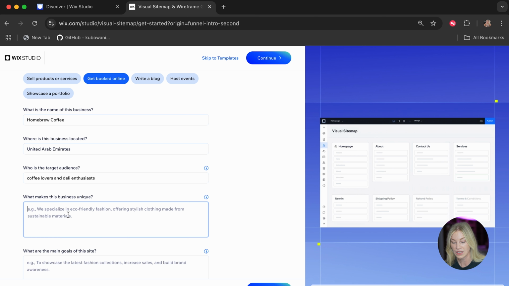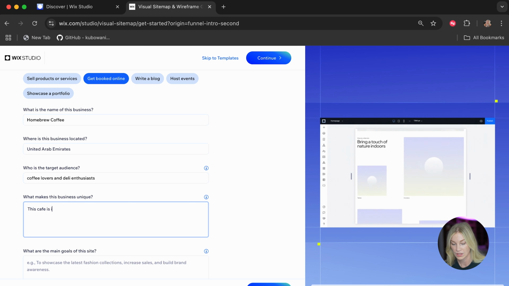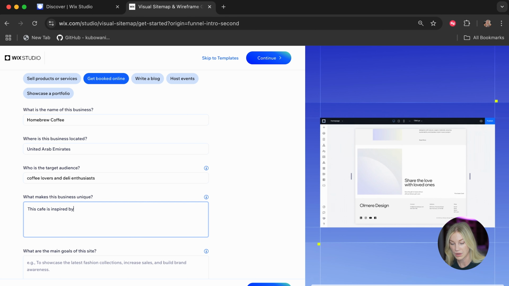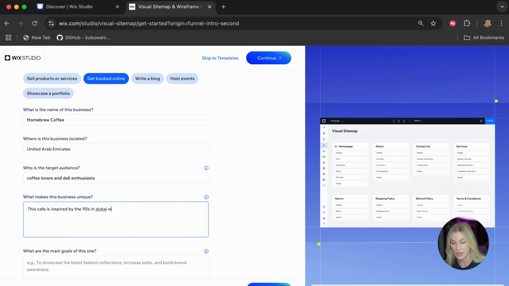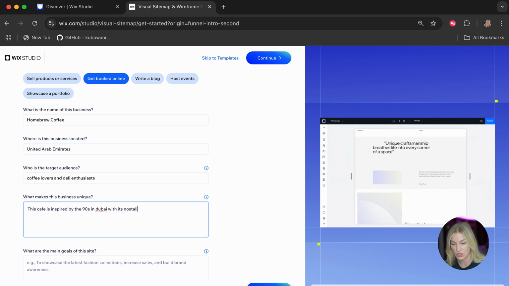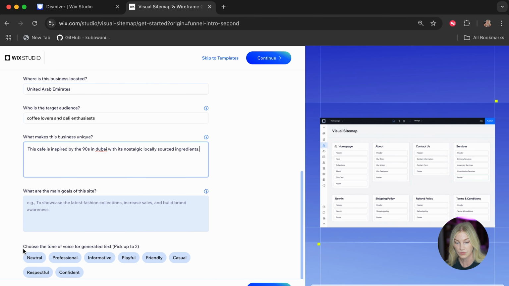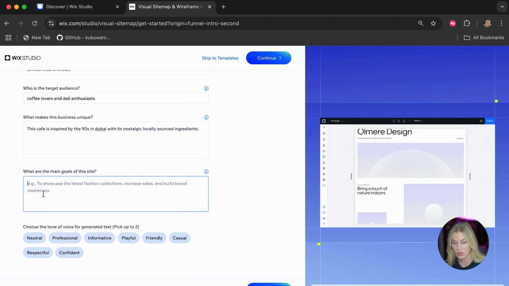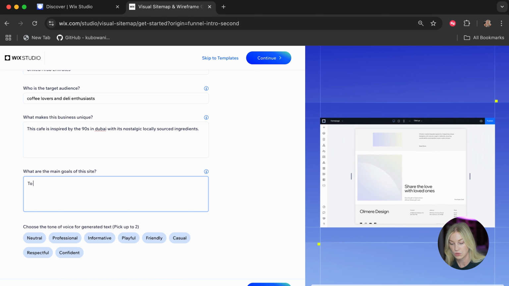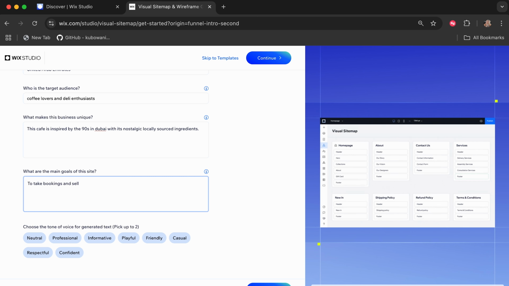I'm going to say this cafe is inspired by the 90s in Dubai with its nostalgic, locally sourced ingredients. And I guess the main goals of this site are to take bookings and sell custom